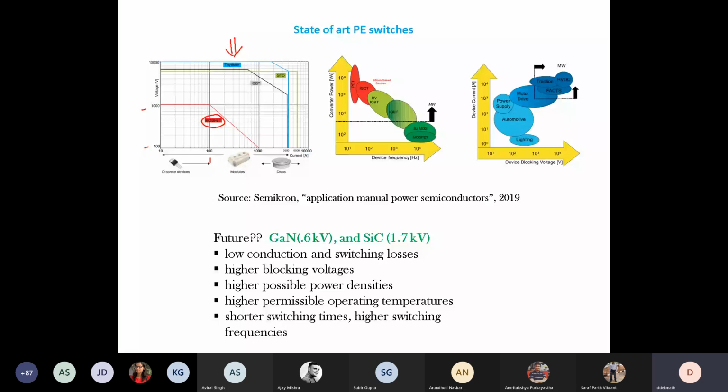What is a module? A module could be a package. Let's say 2 switches in this fashion. So this is called a half bridge, or one leg. So this entirely can come as a package, and that will be in a module. So you can understand, since it is done in a very compact manner, the parasitic components will be less in this, and you can go with a slightly higher rating also.